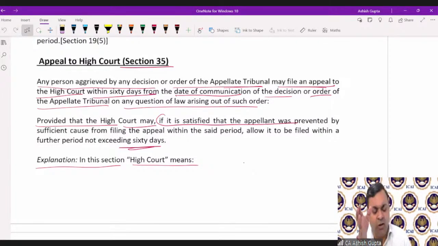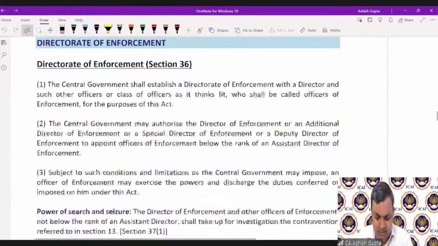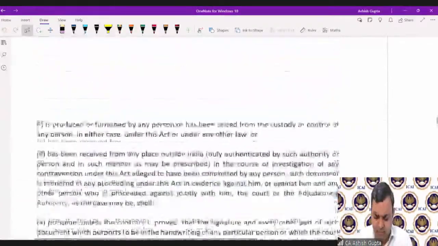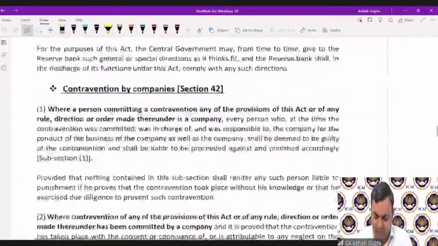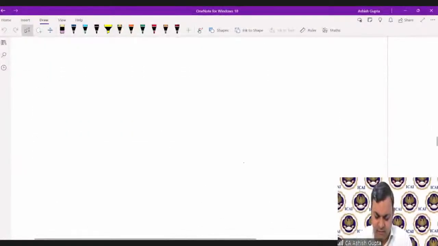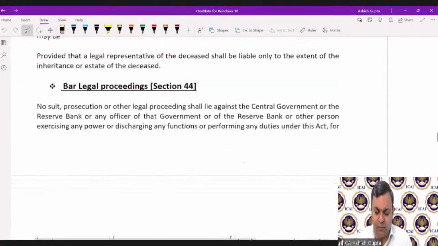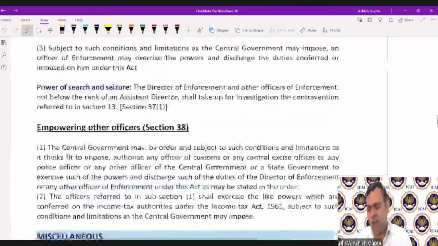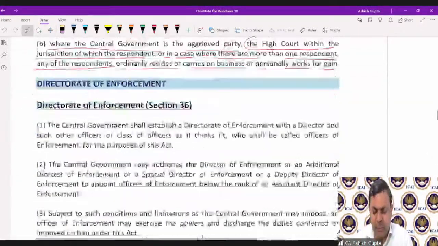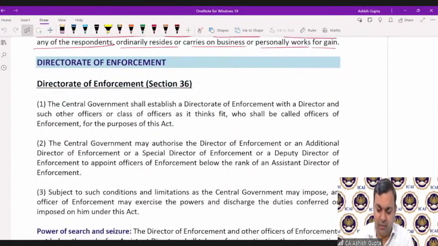Okay, perfect. It's 8:25 on the clock, so we will take a break of 10 minutes. By 8:35 we can start the remaining provisions, then move towards the import of goods and services and ODI concept. We need to remember 4 to 5 sections over this, and then we will come to the import of goods and services concept. So we will take a break of 10 minutes and resume after that.